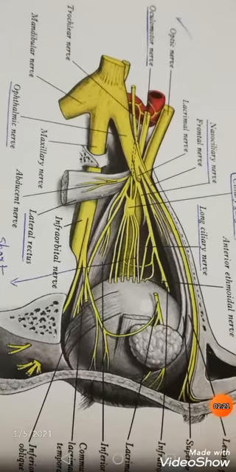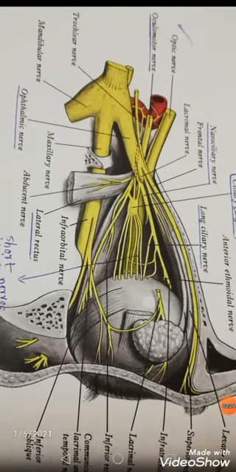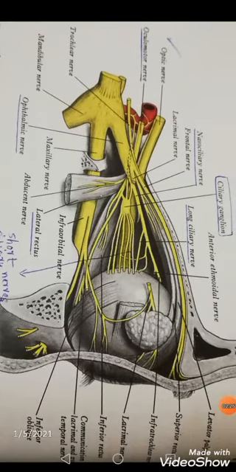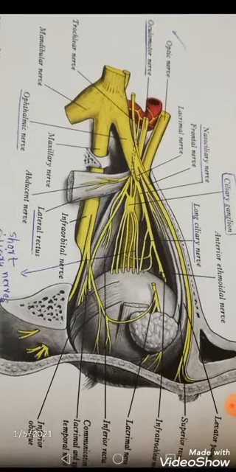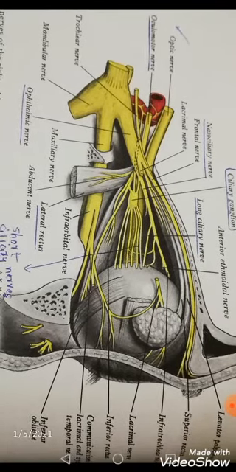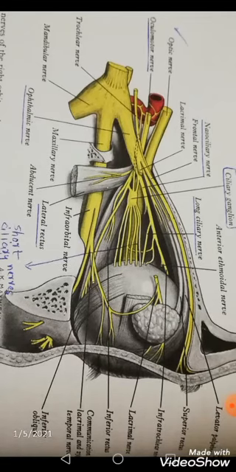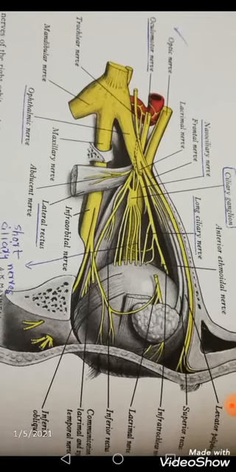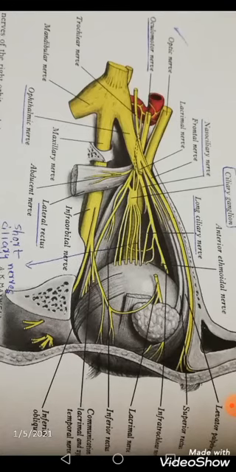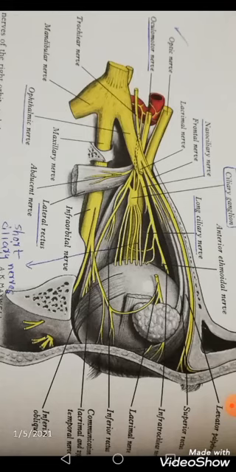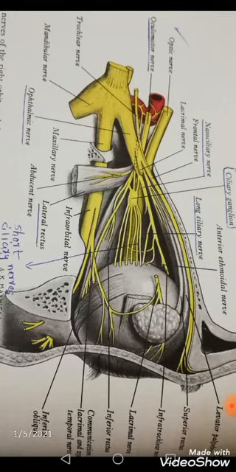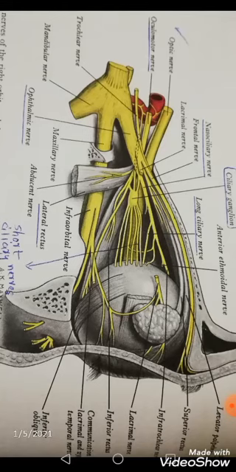Now in this picture you can see the long ciliary nerve coming from the nasociliary nerve of the ophthalmic division of the trigeminal nerve, and so many short, small branches, the short ciliary nerves, extending from the ciliary ganglion, basically arising from it. They are considered to be branches of your trigeminal nerve, its first division, the ophthalmic division. They carry parasympathetic and sympathetic fibers to the ciliary body and the iris.